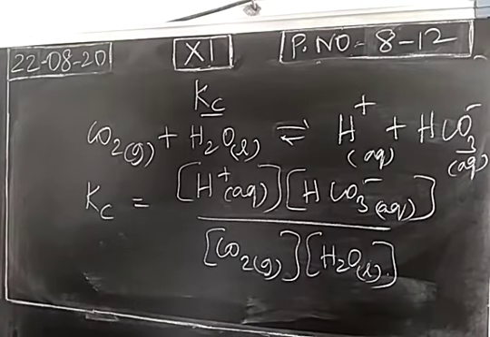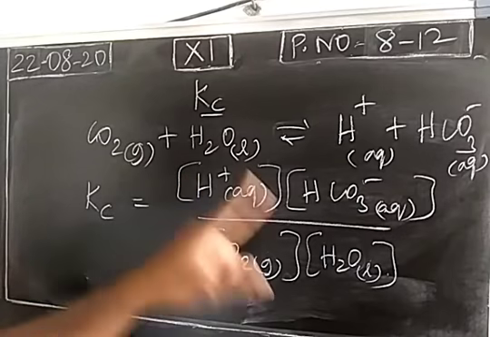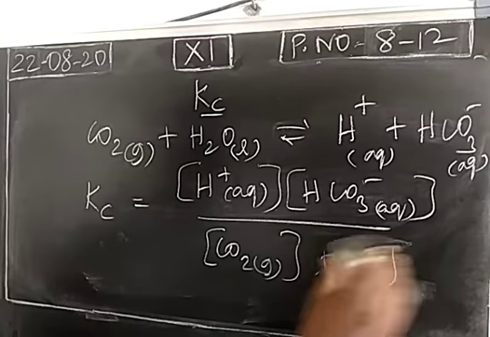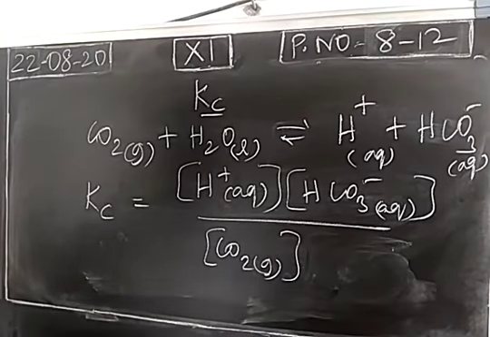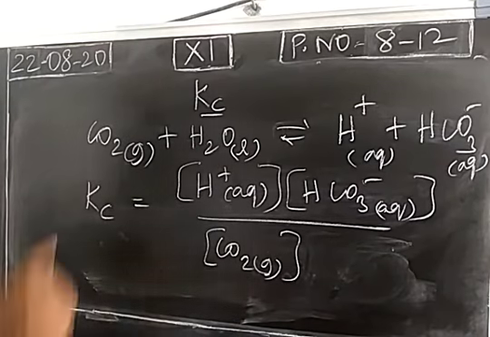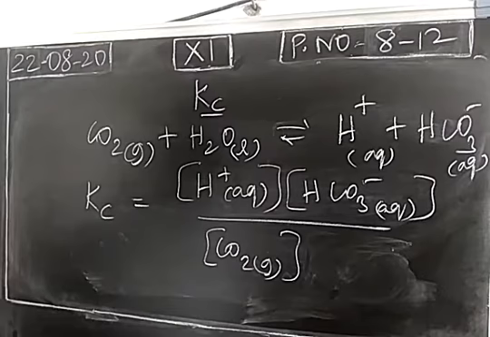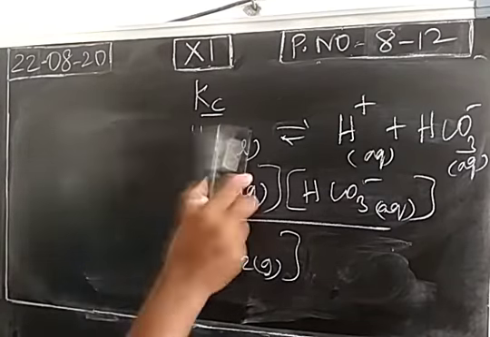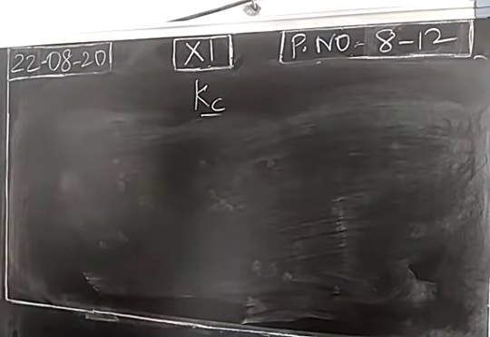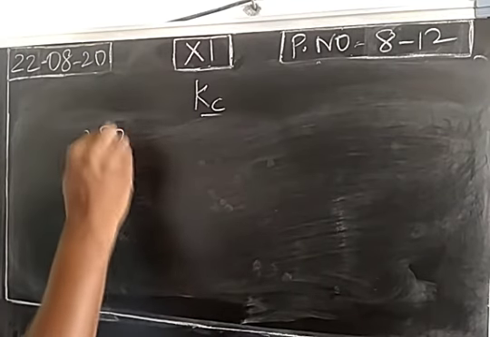So what about concentration of pure solids and liquids? Always constant value 1. So we won't consider concentration of water in the denominator, right? So this concentration value is 1. So this is equilibrium constant Kc for this heterogeneous equilibrium reaction. Okay. So like this, equilibrium constant Kc as well as Kp can be written for any equilibrium reactions. In our book, some examples are given. We take sulfur trioxide formation.